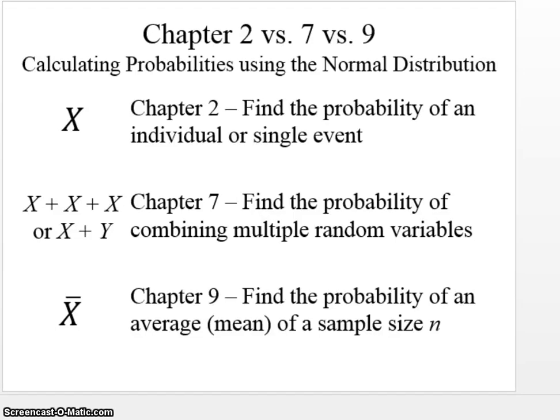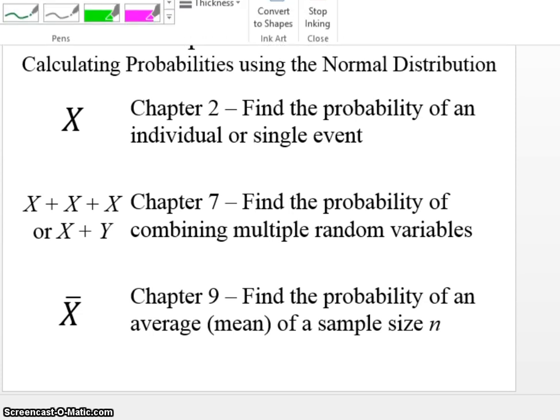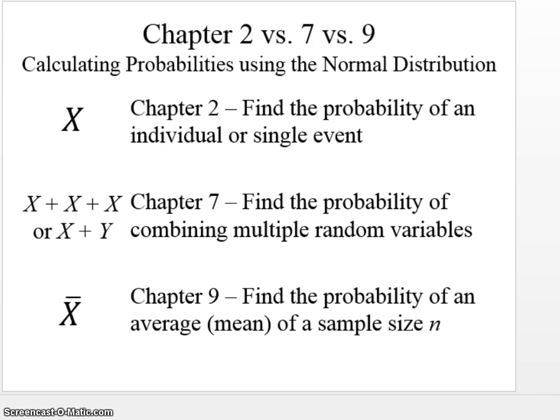We're going to look today at calculating probabilities with a normal distribution, and we're going to compare the three different chapters we've done so far. So today's actually not something new, but it's reviewing and putting it all together so you know the difference between them. So in chapter 2 and throughout the first semester, we've done a lot of probabilities with just